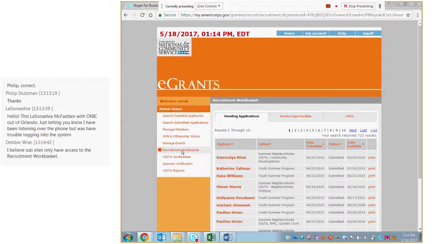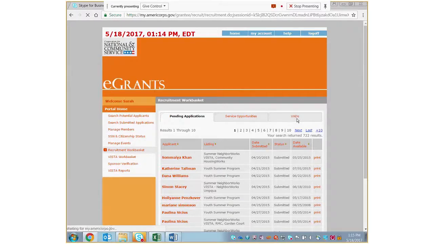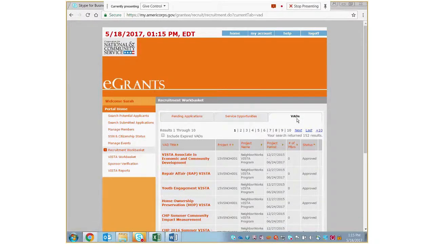So we're going to focus first on the VISTA assignment descriptions, which are also known as VADs. On the top right-hand side of the screen, there's the VAD tab, which stands for VISTA Assignment Descriptions. All of you with this project are going to have to create one, maybe more VADs, depending on how many members you're going to have at your service site. You're going to click on the VAD link. Once you click on the VAD link, you're going to need to create a brand new VISTA assignment description for your project.